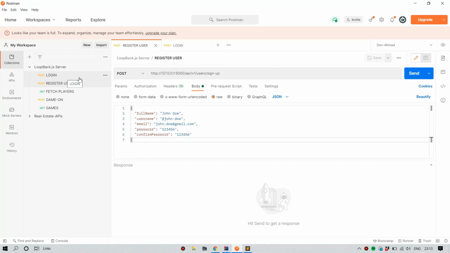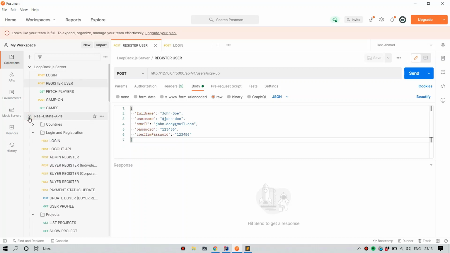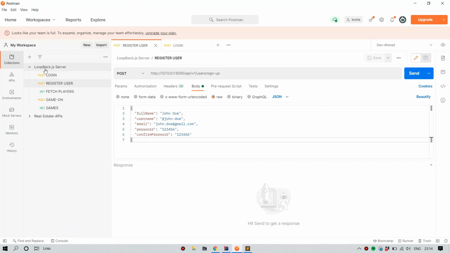If the project is larger and has separate modules, then under the collection define different folders, and under those folders have your requests and endpoint data. So first of all, create a collection. I already have one, and then according to your API endpoints, save some of them here under the collection.